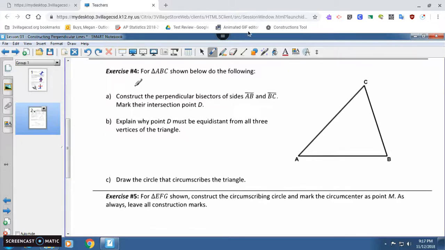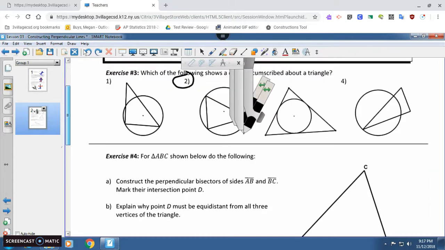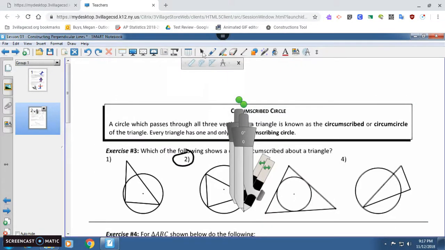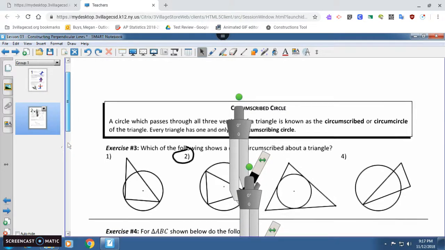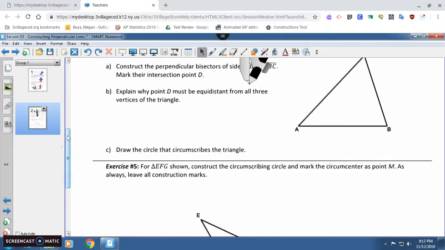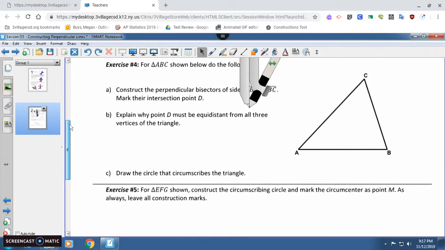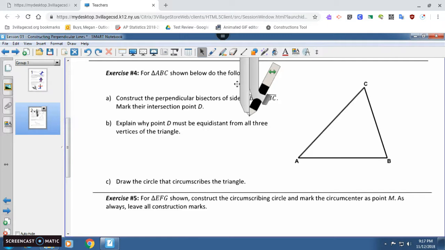So we're going to construct the perpendicular bisectors of 2 of our sides. So the 2 sides we're going to use are AB and BC. And you can make the judgment of which ones you want to use in the future. You don't have to use the 2, AB and BC. You pick whichever ones you want to bisect. But notice the way to first start this is constructing perpendicular bisectors. So